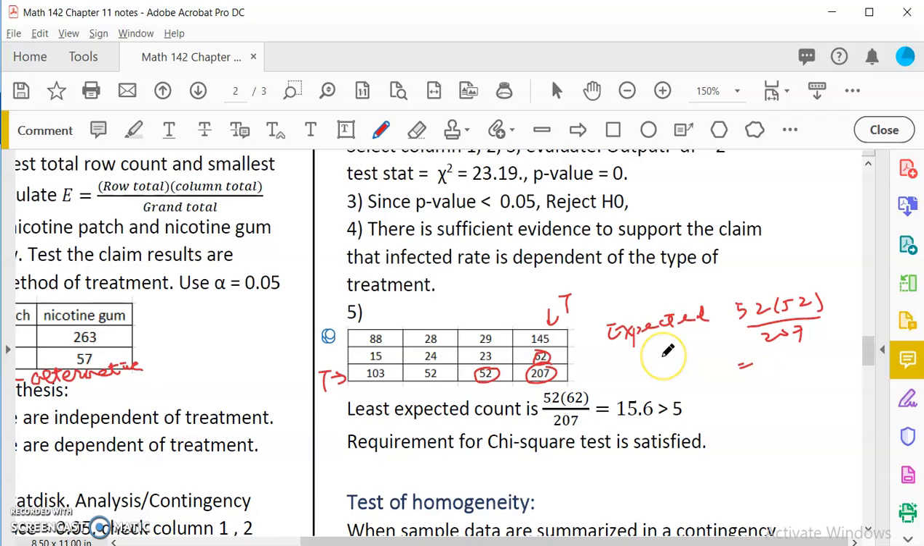I'm almost 100% sure that it is greater than 5, but for formality, we just do it. It's 13.1. It's greater than 5. How come I'm also wrong? Oh, this is 62. So it should be 15.6. Right? This is